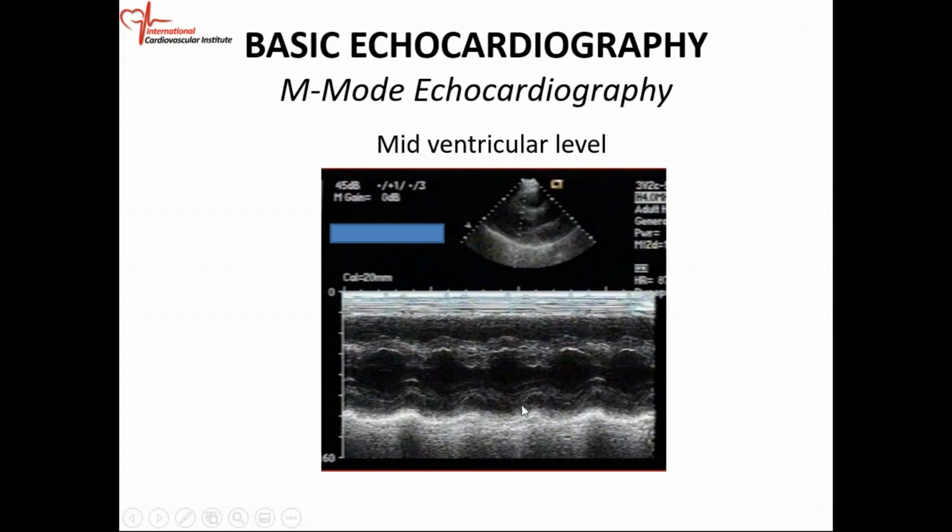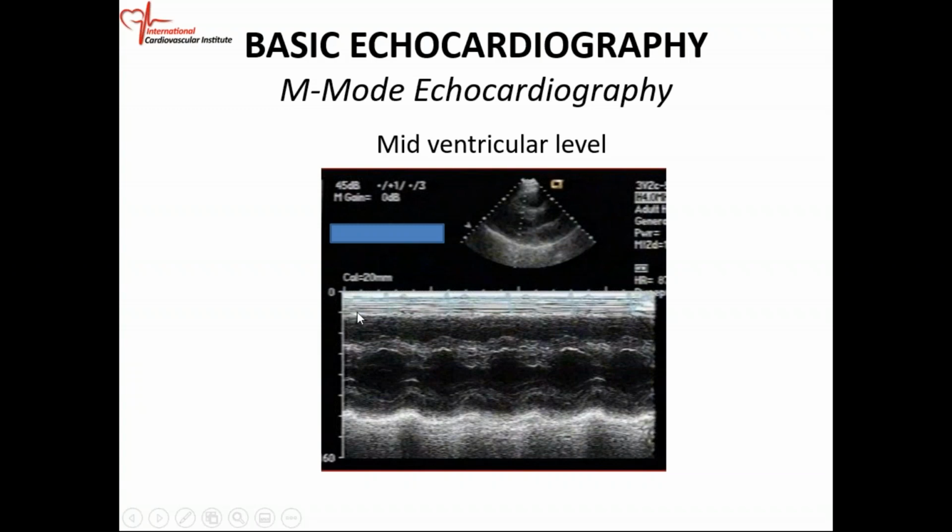Okay, so these are the same structures that the M mode is showing right here. So the chest wall, and you can see the chest wall is a linear structure. There is no displacement to the chest wall. Okay, below the chest wall, so this thickness here is the chest wall.